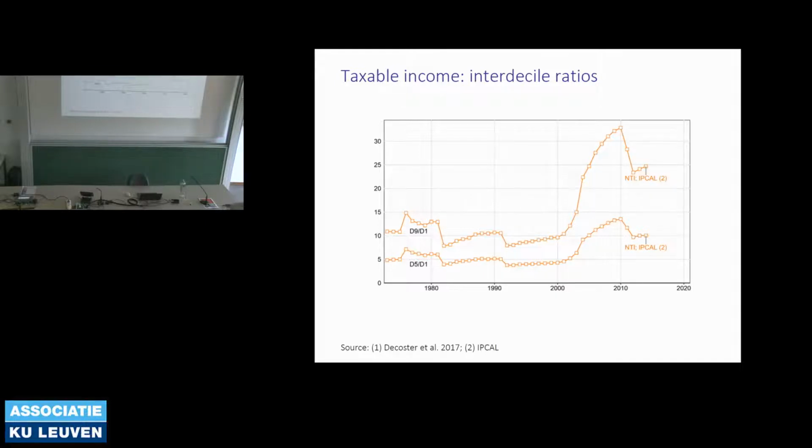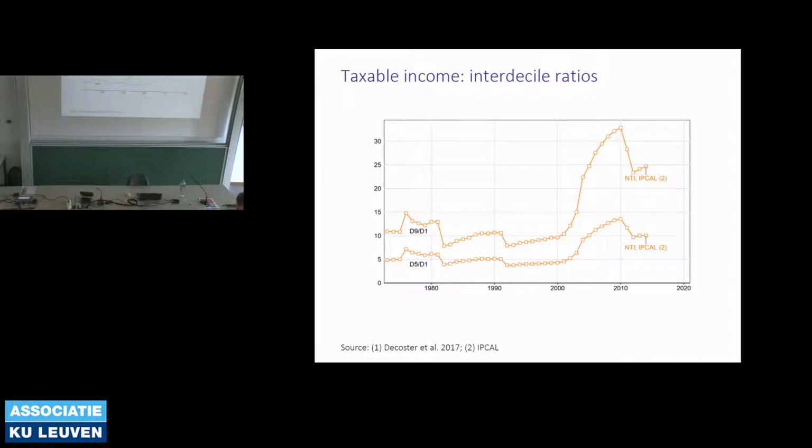Taxable income is always presented, I think, in the debate as the holy grail. Imagine that we were Norway or Sweden, we would have fiscal data, we would have data for all people. That would be fantastic. For Belgium, however, it's not so great, and that's because before 2000, not everybody was actually in the data set. In fact, people with a very low income were not in the fiscal databases. That means that comparing what happens before 2000 and after 2000 makes hardly any sense.